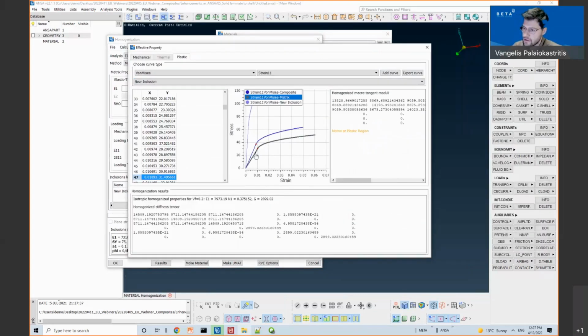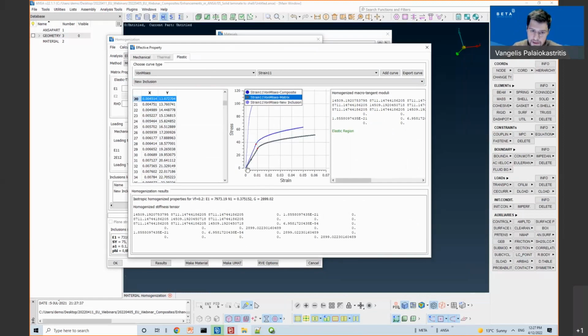So as you can see here, the tool has estimated the elastoplastic behavior for the composite based on the response of the two constituents, the matrix and the inclusion.